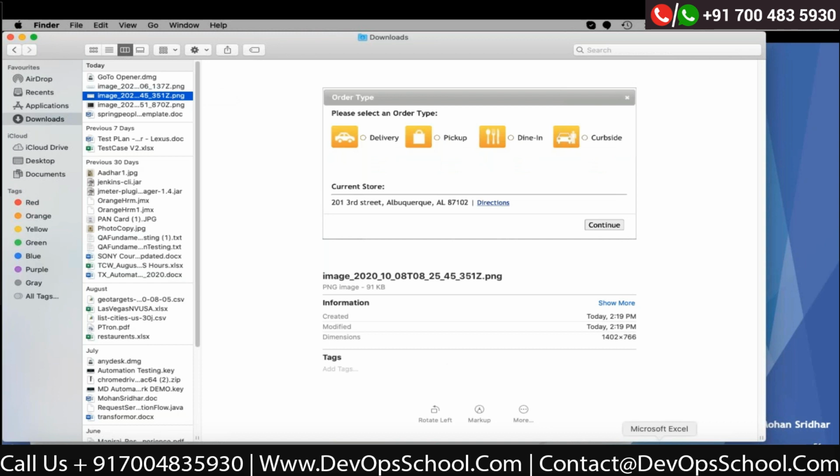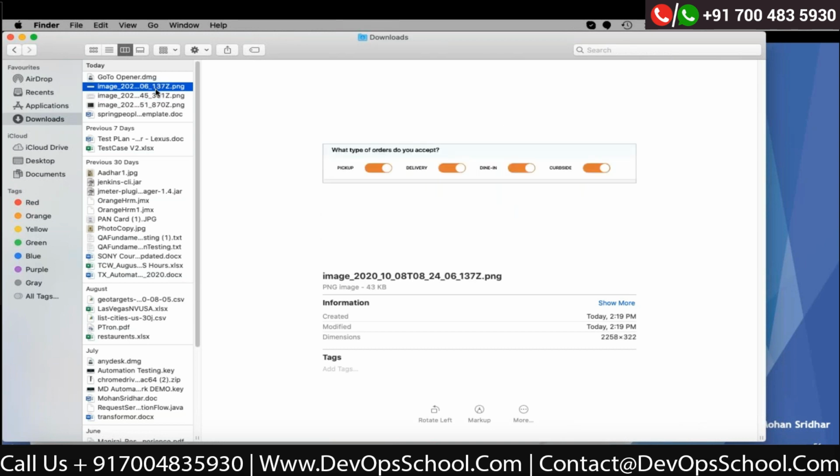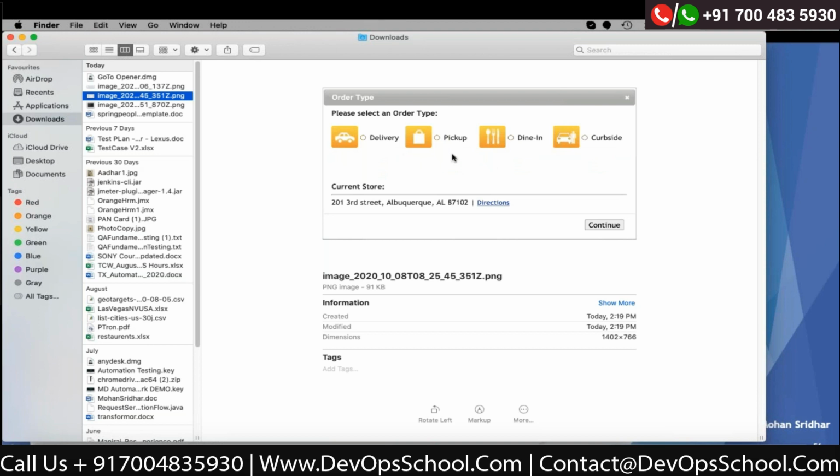Now I will try to create a decision table, and I will explain how we can write the test cases without writing multiple cases. For example, there are multiple combinations. If I select only pickup, in this image only pickup has to be shown here.